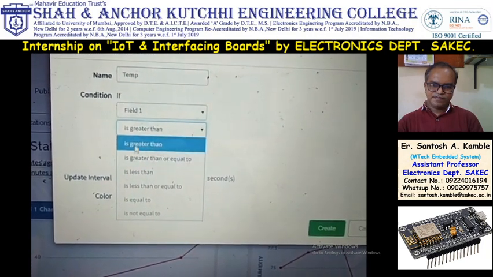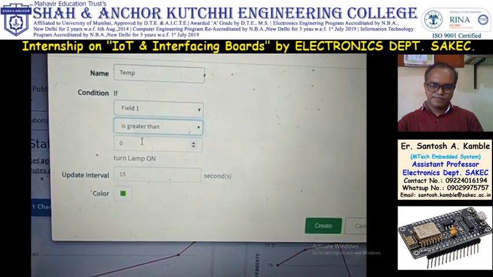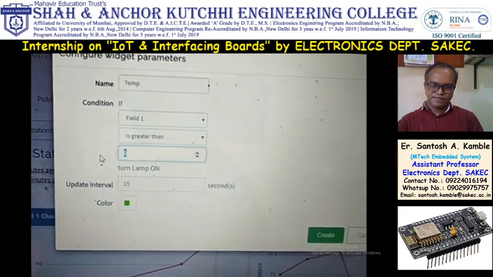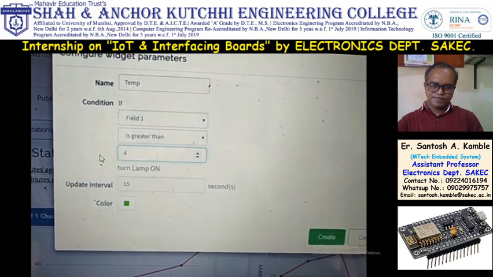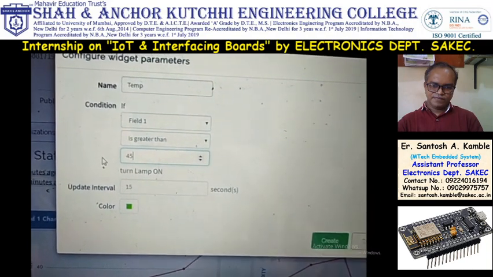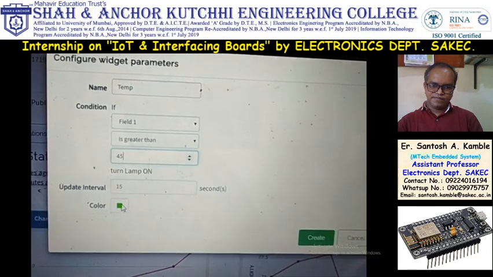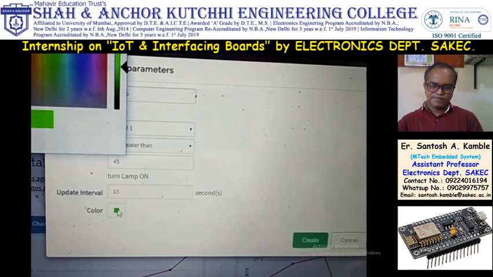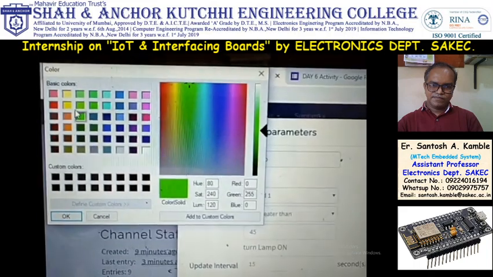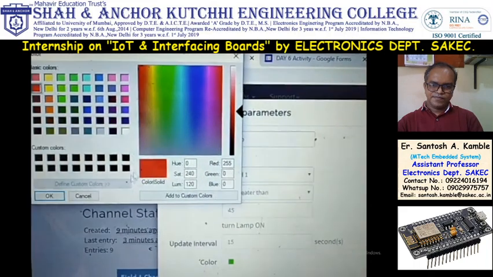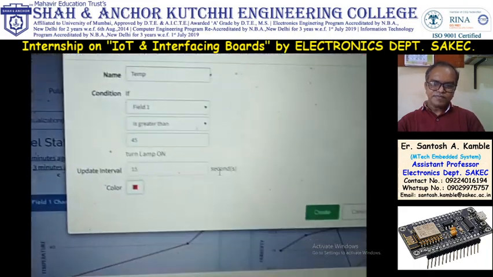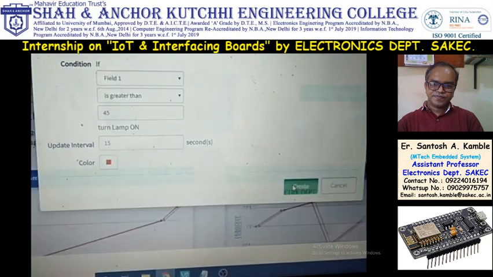So I will use this greater than, and you have to write down the value. So I will write 45. So if my temperature is above 45, then lamp turns on, and the color of lamp you can set according to your requirement. So I will use this red color. Okay, and then you have to click on create.